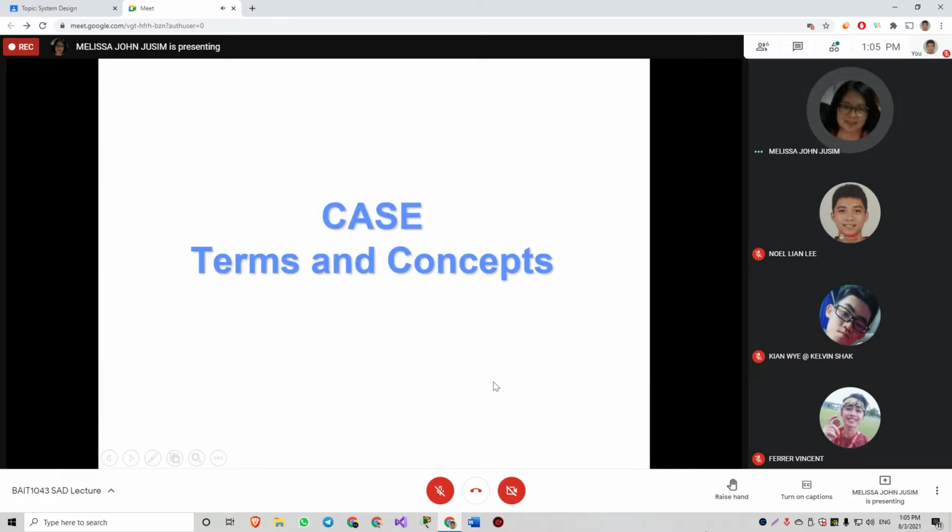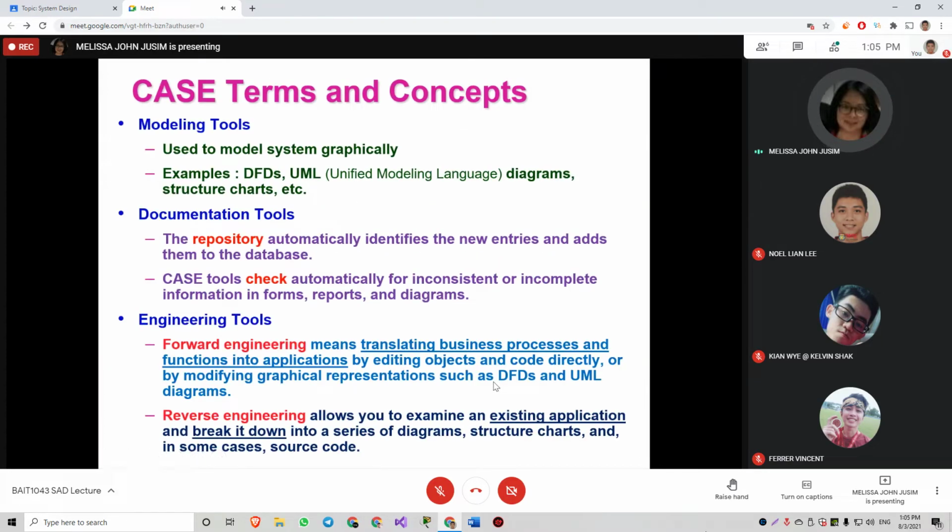Let's take a look at the terms and concepts for CASE tools. As you can see in the diagrams, we use the tools to do modeling, like drawing DFD and UML. UML is not for the structured approach; it's meant for the object-oriented approach.